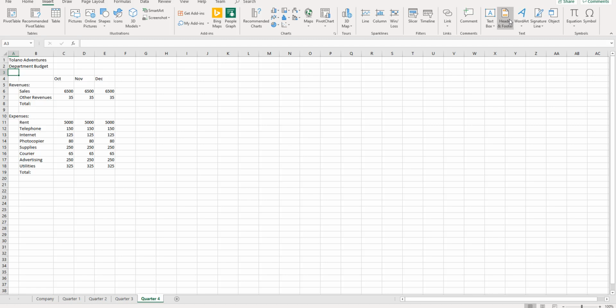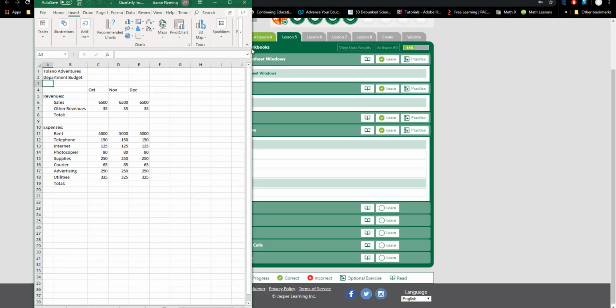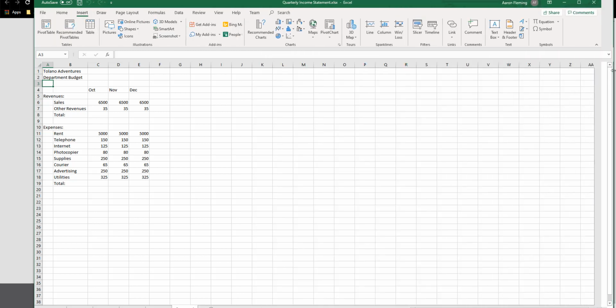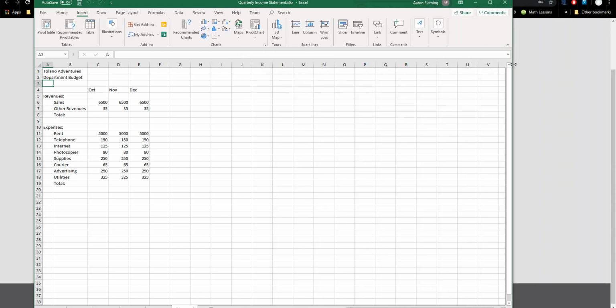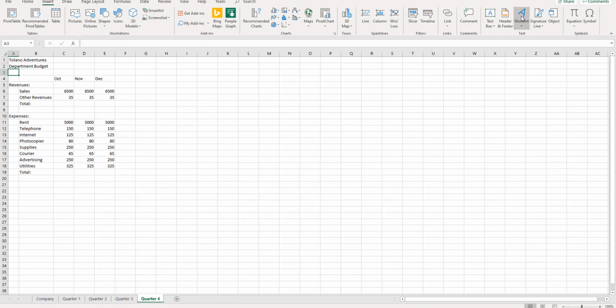So here I can see header and footer right away, but like I said, if I just bring that in a little bit, things disappear, and you just have to sometimes find it. Like I said, that text one, I just couldn't find. When you're doing those, with the header and footer there,